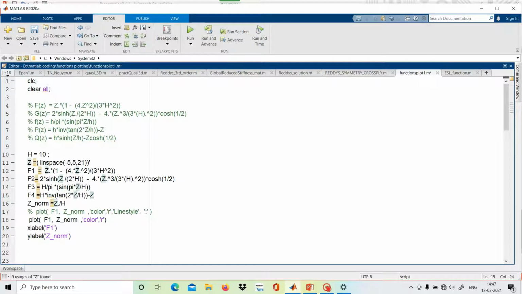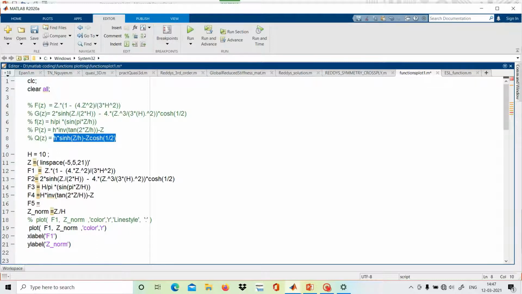Okay. And one more function we will take, f5, would be equal to, Control C, Control V, capital H, and inverse tan we can also have as a command like this.